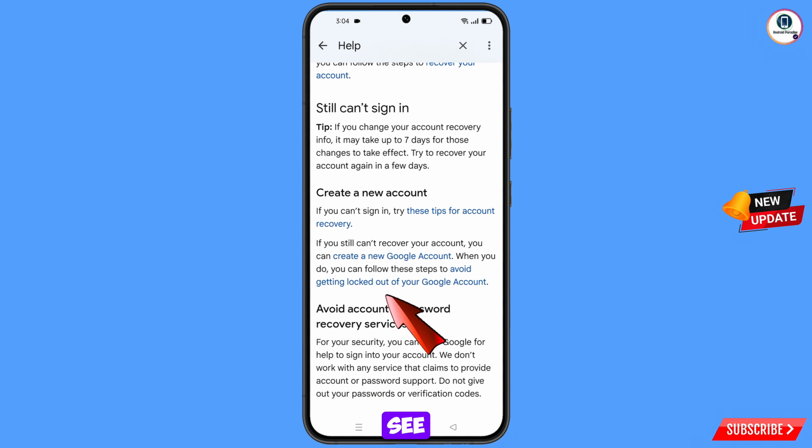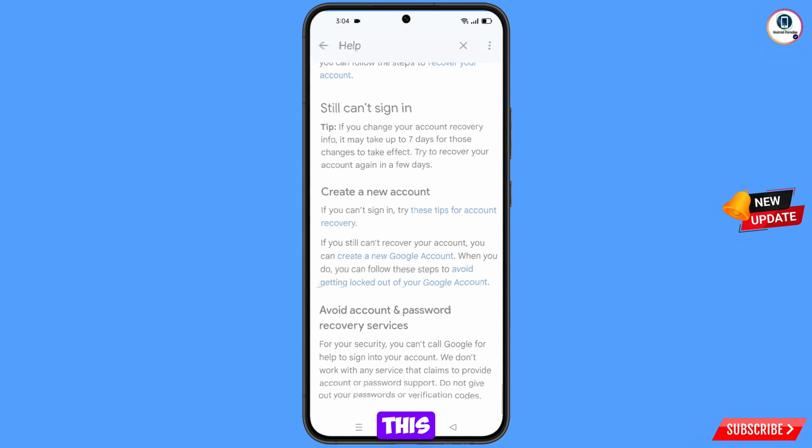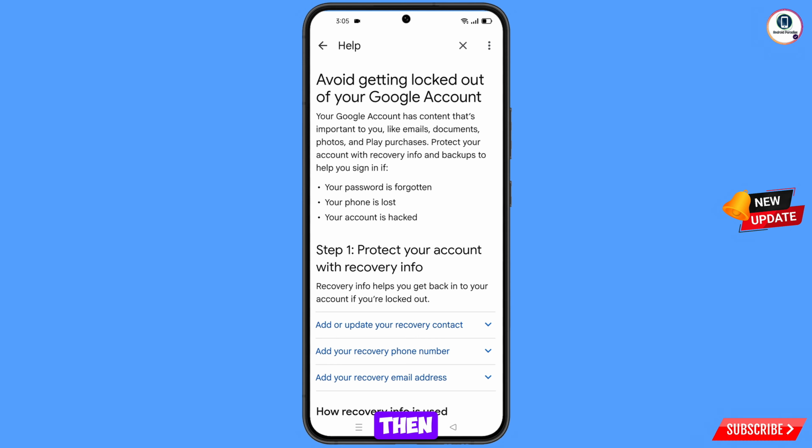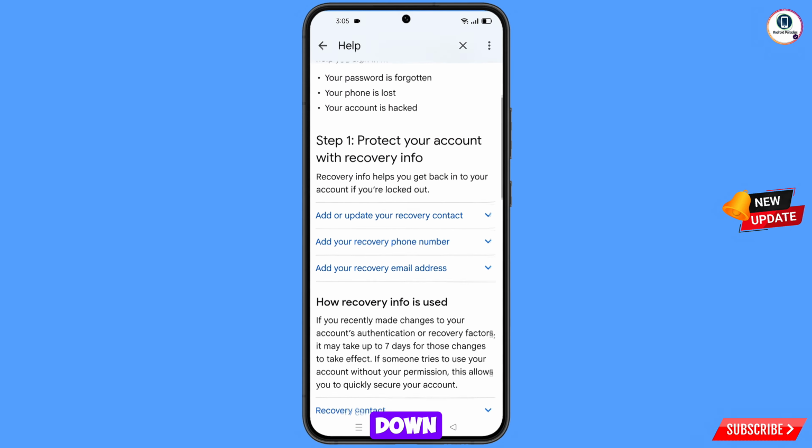and then here you will see the option avoid getting logged out of your Google account, tap on this option. And then here you will see avoid getting logged out of your Google account. Here you will see first option your password is forgotten, second option your phone is lost, third option your account is hacked. From here you have to select the relevant option, select your account is hacked, then scroll down